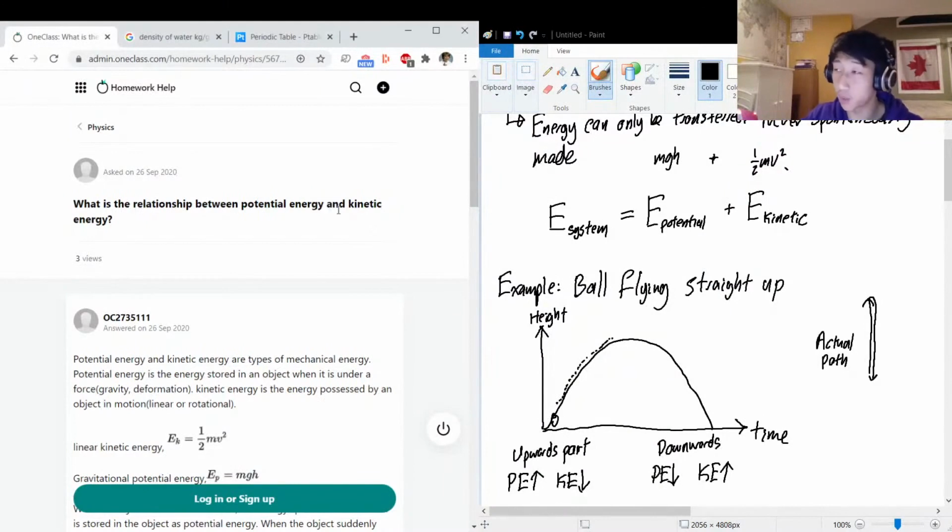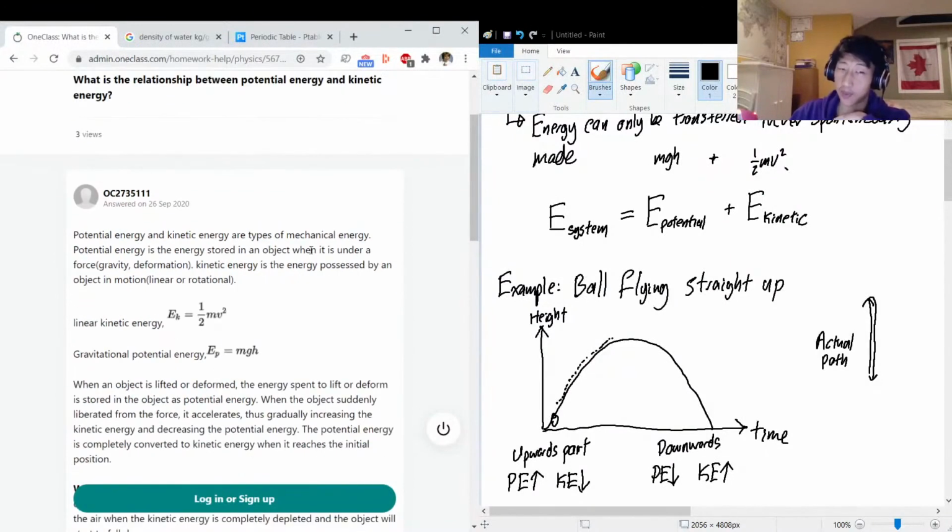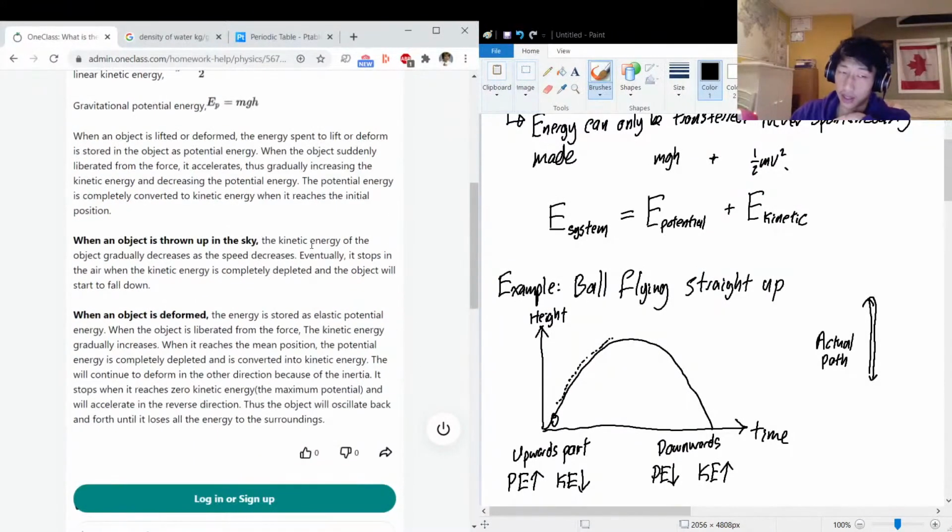Of course, in this example we used gravitational potential energy, but potential energy comes in many different forms. Like you'll have spring potential energy, like if you ever held a mechanical pencil, there is potential energy when you're holding down the spring. Or there could be chemical potential energy, that's more on the chemistry side of things. And there are many different forms of kinetic energy. For physics, the most important ones are going to be gravitational and spring potential energy and kinetic energy.